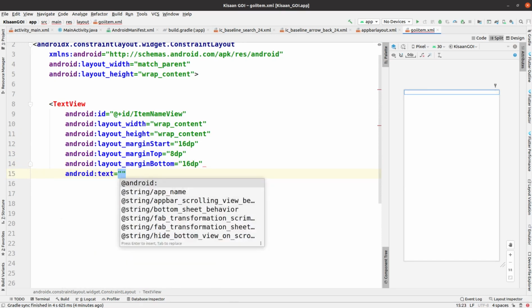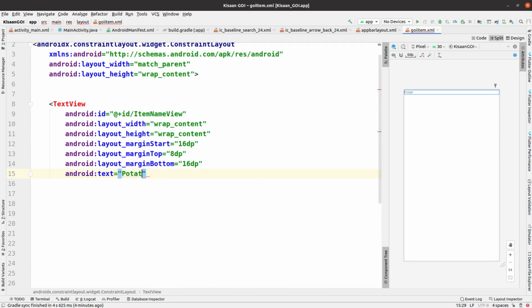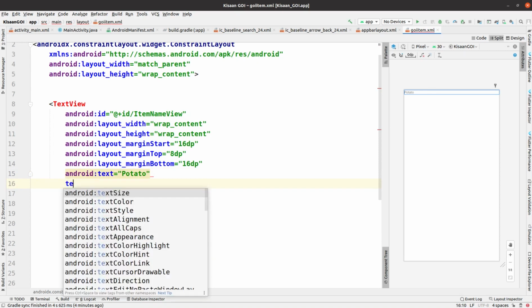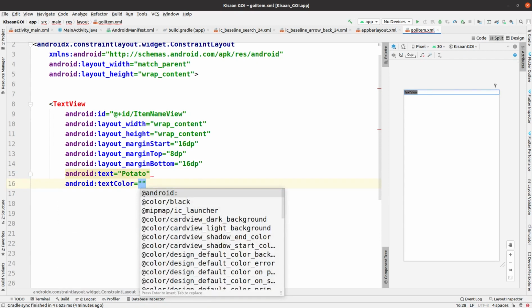Now we have to add some styling and some text here. First of all we are adding the text as potato, so the commodity name will be there. The text color is there, so we have to make it somewhat fancier.